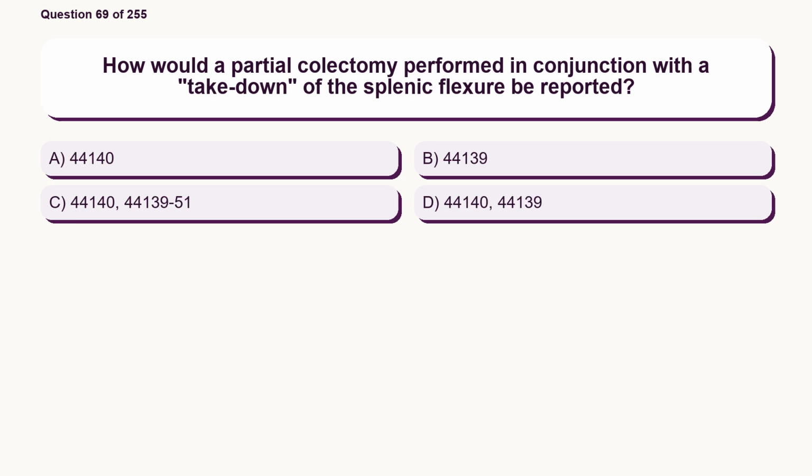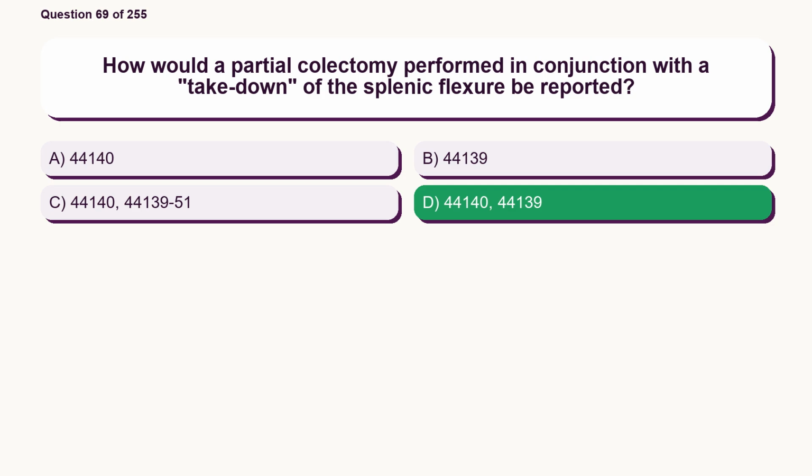How would a partial colectomy performed in conjunction with a takedown of the splenic flexure be reported? Option A, 44,140. Option B, 44,139. Option C, 44,140, 44,139 to 51. Option D, 44,140, 44,139. The correct answer is option D,